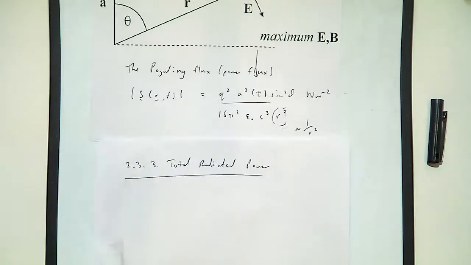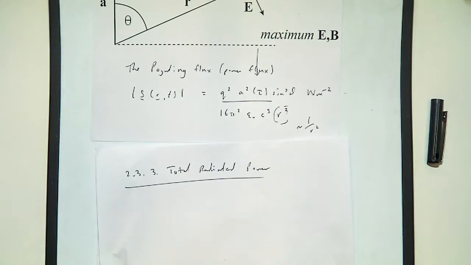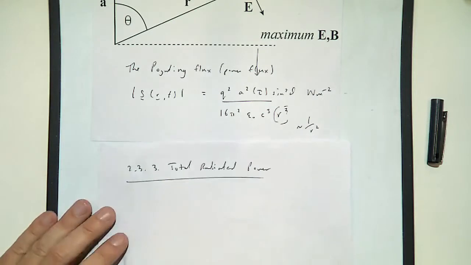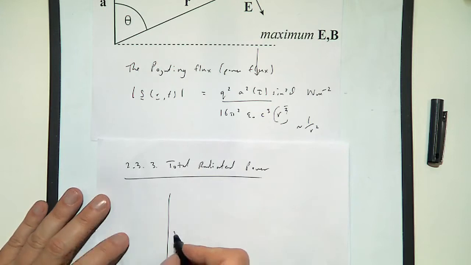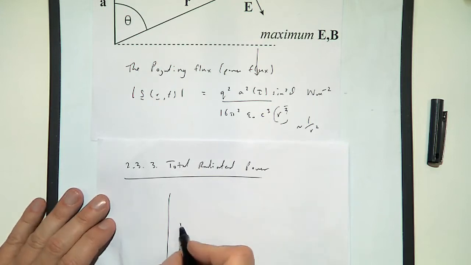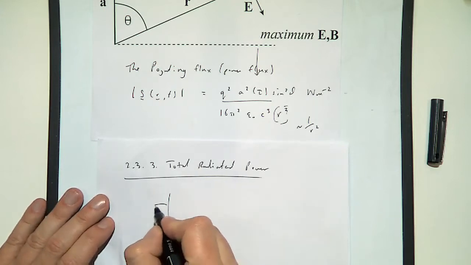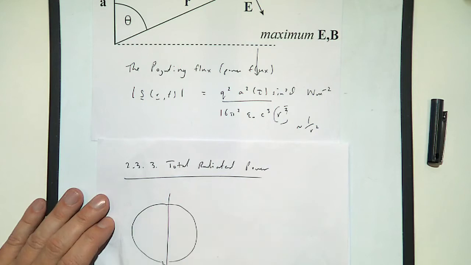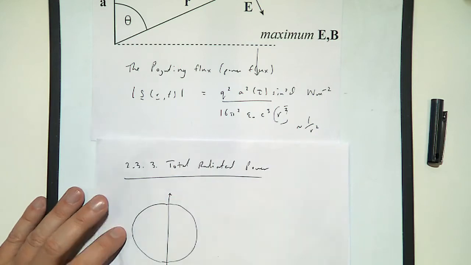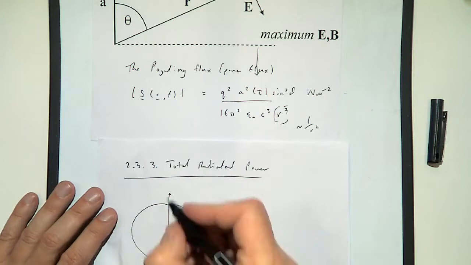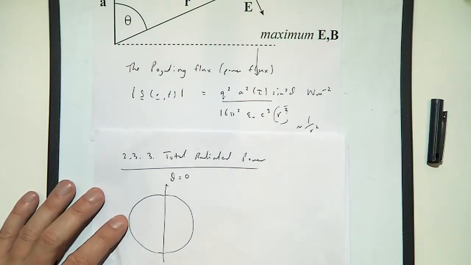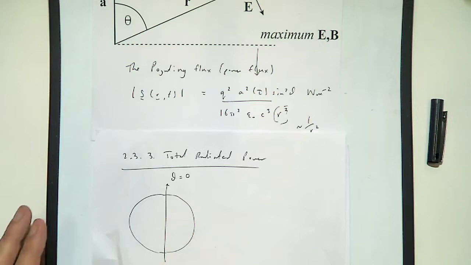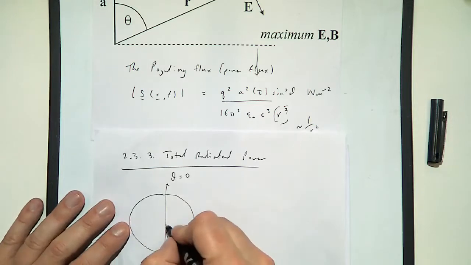And again, we started with a simple picture that Edward Purcell drew. What we have to do is think about the total amount of power being emitted into some overall sphere of radiation. So the first thing we do is let's draw a sphere. And I'm going to have theta equals 0 pointing up, so it must be theta equals pi pointing down. And at each observation angle, okay,